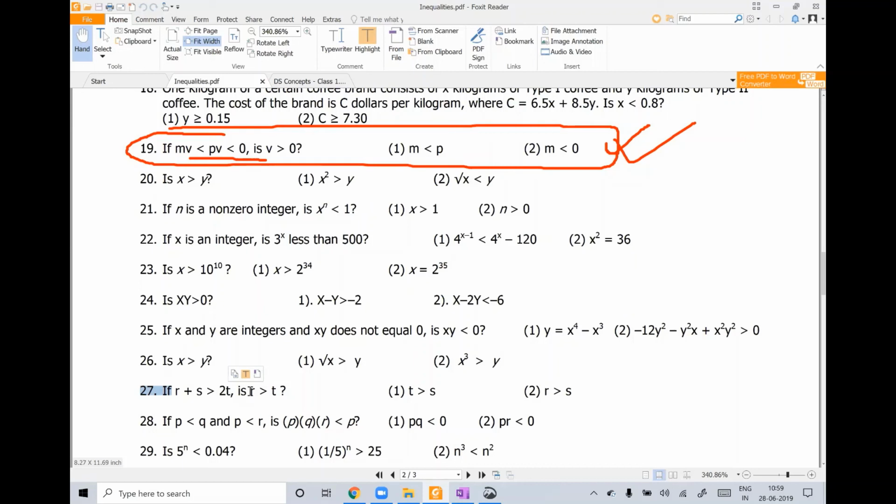Your brain should automatically function in such a way that you think how to use this particular information while you are solving the statement. So the question should be read very properly. See whether it's a direct question or some information is given to you. If it is given, please use it. Now let's say I ask you to solve question number 21. It's a direct question to you. The information given is that n is a non-zero integer. It means that n is not equal to 0 and n is an integer. And the question is: is x to the power n less than 1? Try solving question 21.